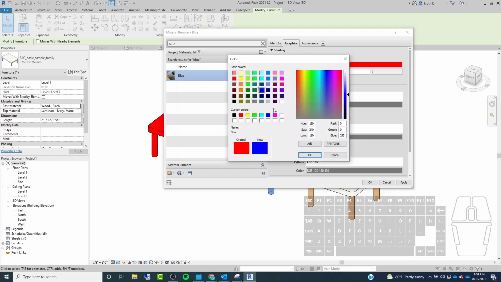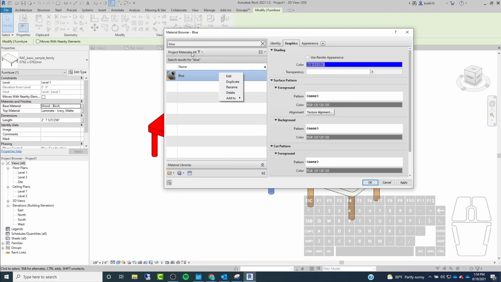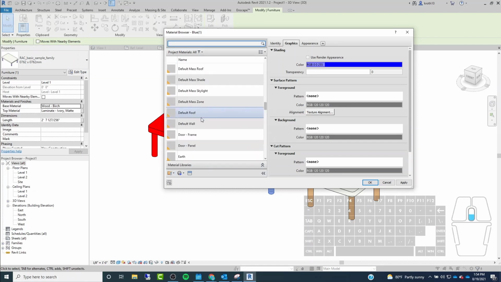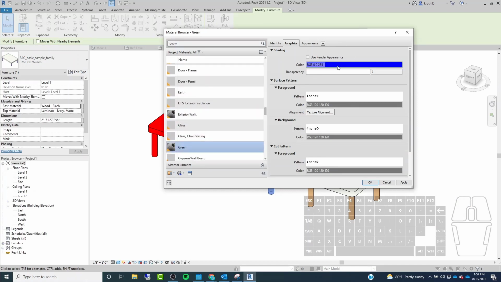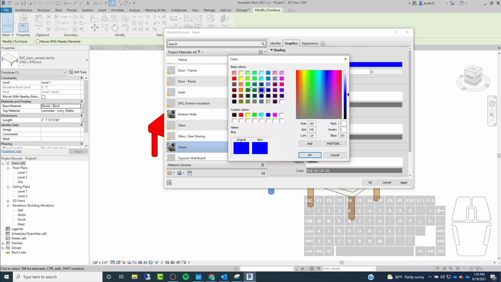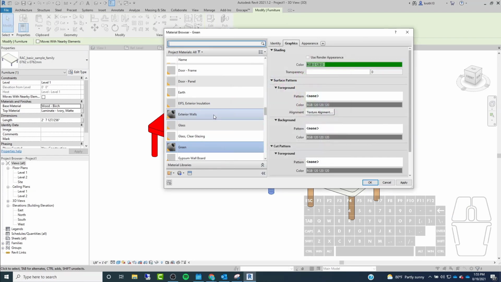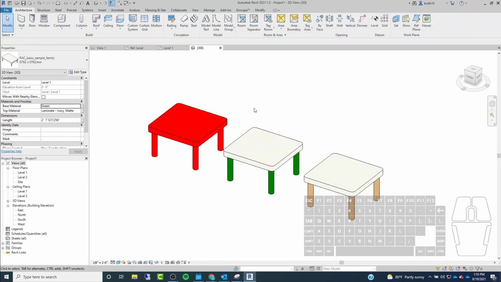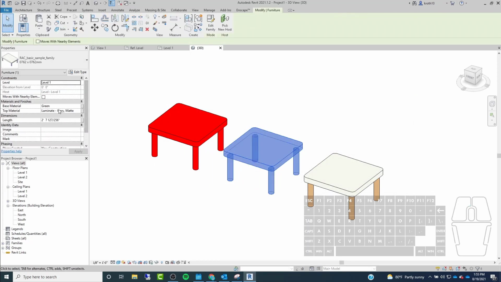Let's do just blue. Duplicate that, we'll call this one green. Go here to our green, change the color to green. Okay. So now if I go here and I make both these green, and then I do blue,